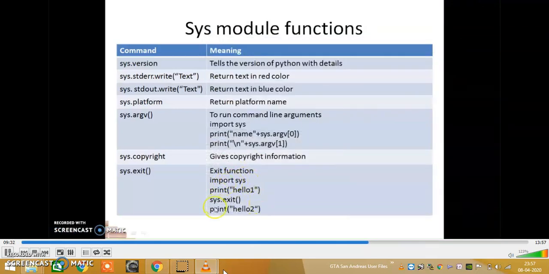There's sys.exit. This will work similarly to how the exit function works in C or C++. In this, your exit function will work after printing hello1. You cannot see your hello2 because sys.exit has been written here. The main one here is